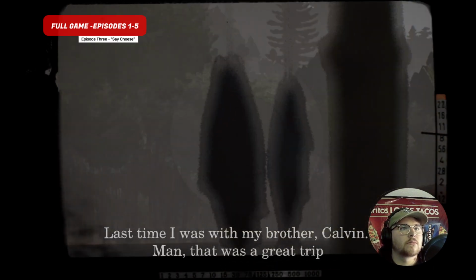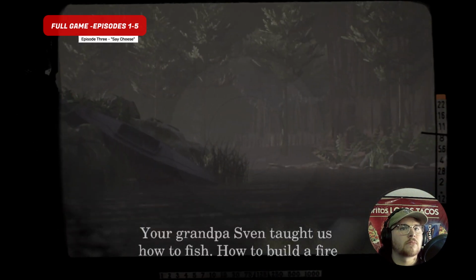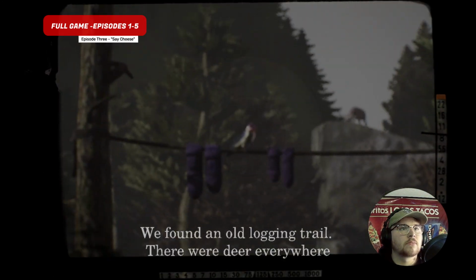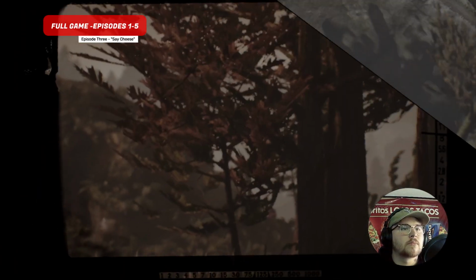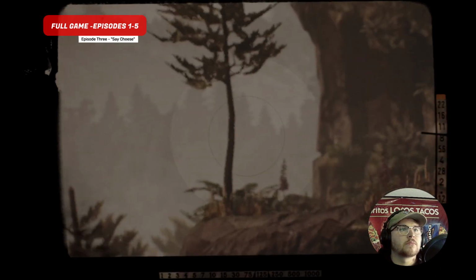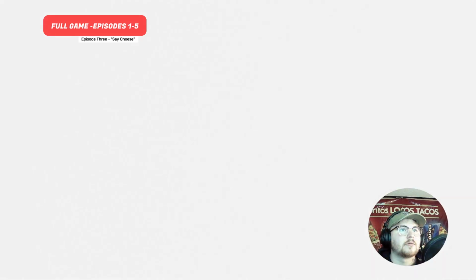Last time I was with my brother Calvin. Man, that was a great trip. Your grandpa Sven taught us how to fish, how to build a fire. We found an old log. Dad! Good eyes, Dawn. Before you take the shot, let me get a picture of you. Where's it at? Oh. Dad,